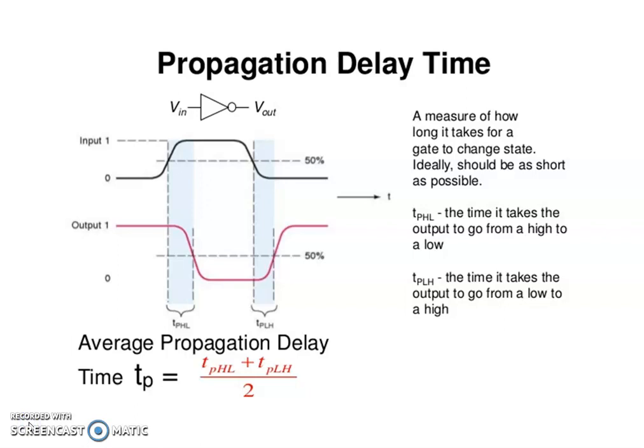The propagation delay is the time delay between the occurrence of a change in the logic level at the input and before it is reflected at the output. It is the time delay between the specified voltage points on the input and output waveforms. It means that in any gate, when we apply a signal at the input, it will take a certain time to propagate to the output. This particular interval of time is nothing but the propagation delay.